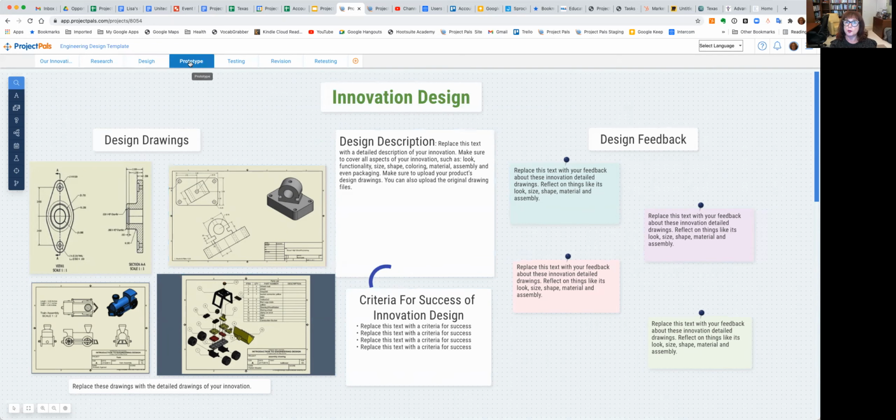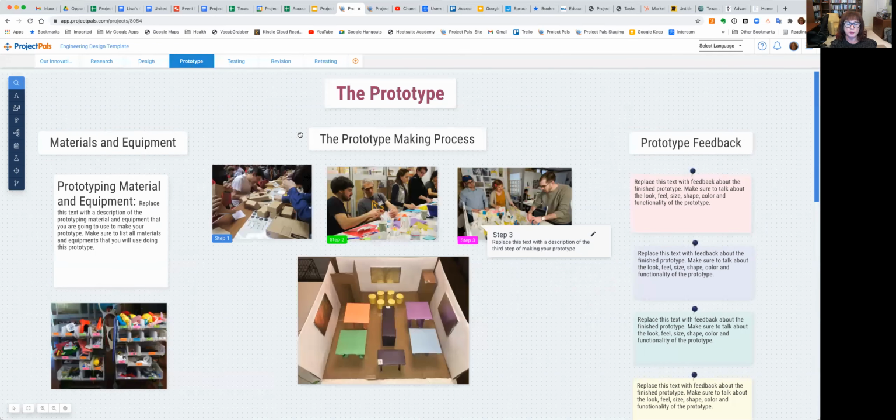Moving on from here, they will go to prototype. Once everything is accepted as good, this is where they will actually invest in prototyping the tool. They will first decide what are the best materials for prototyping. They will come up with the different steps of how they prototype the tool, and maybe even an image of the finished prototyped product that they are doing. And then moving on from here,